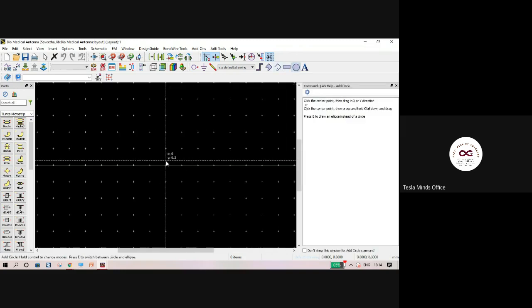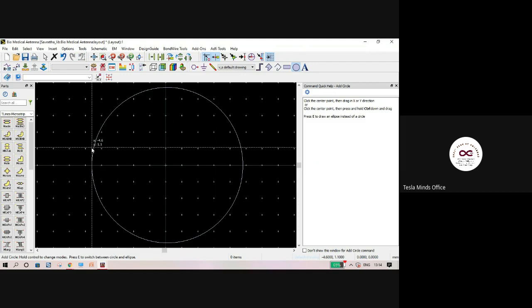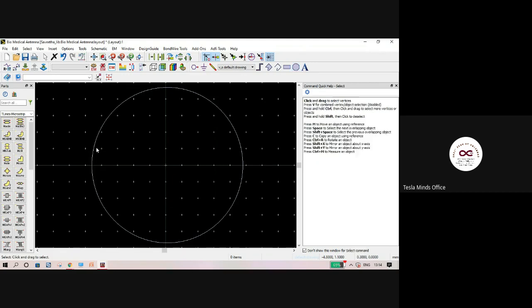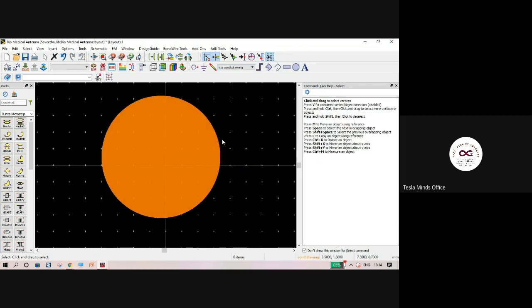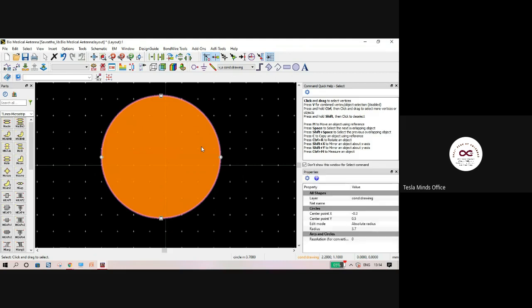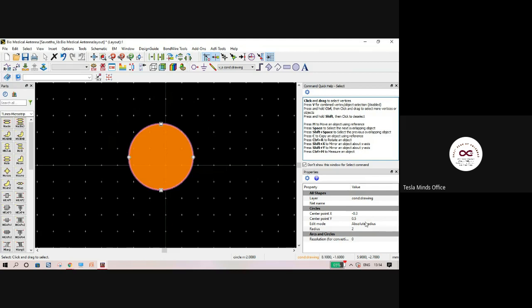I can pick a circle and draw it, or I can double click on it, and at the bottom left-hand side I can change the radius. Now it is 3.7, and I'm changing it to 2. Two means 2 mm. I can change the dimensions here.